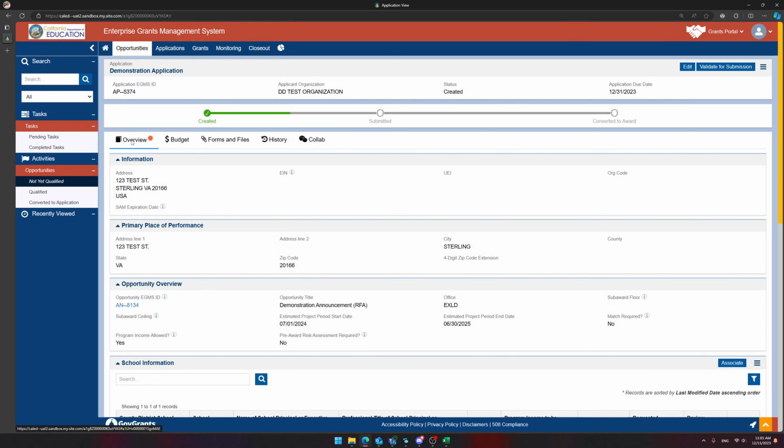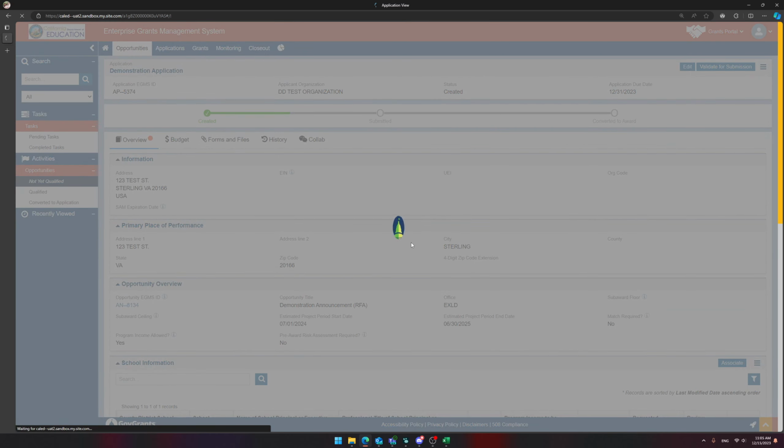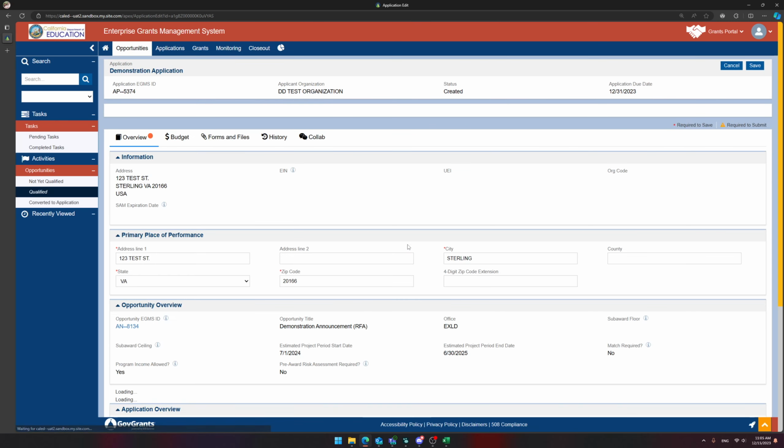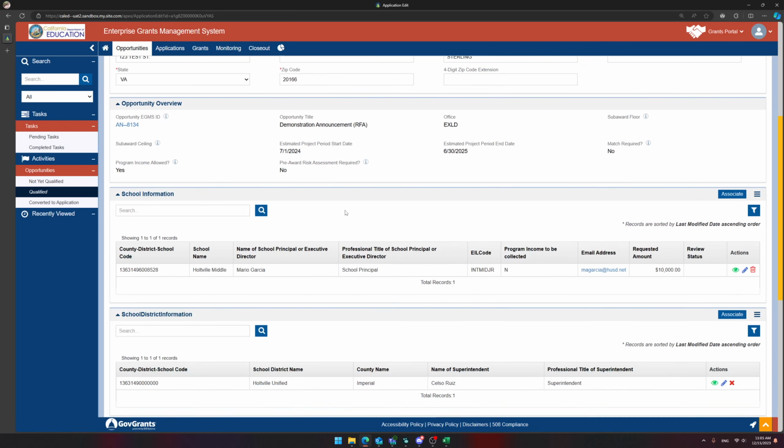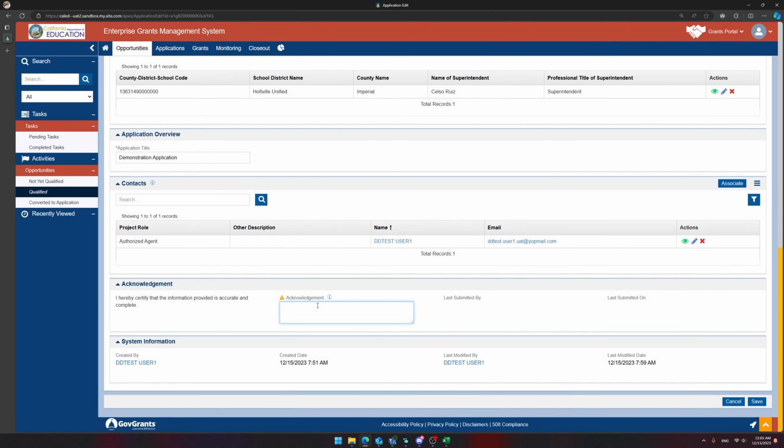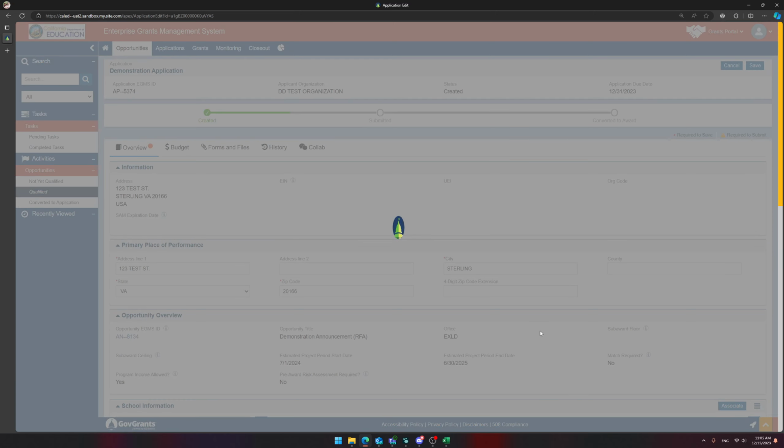So now that we've filled pretty much everything out, we're going to go ahead and edit here. And we're going to acknowledge our application, and that should be our last step before we're allowed to submit it. So I'm going to go ahead and say, certify that this application is complete and accurate. All right, and save.